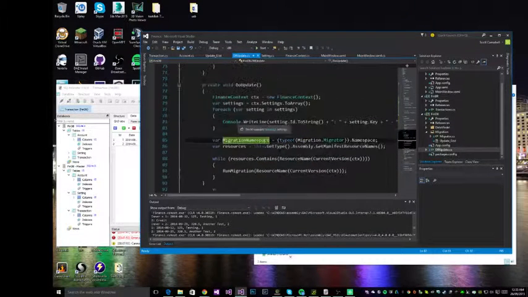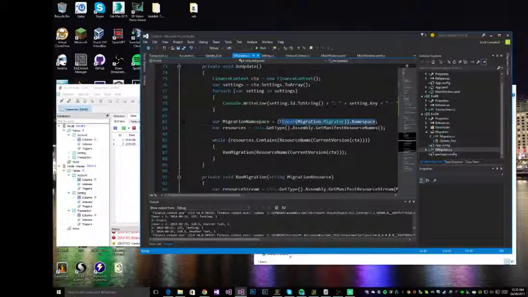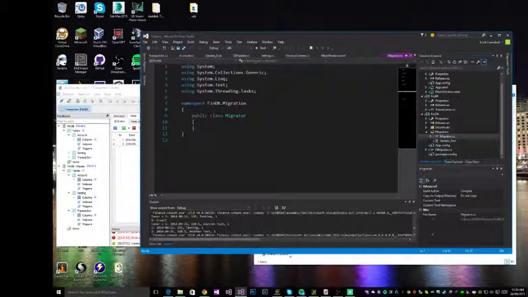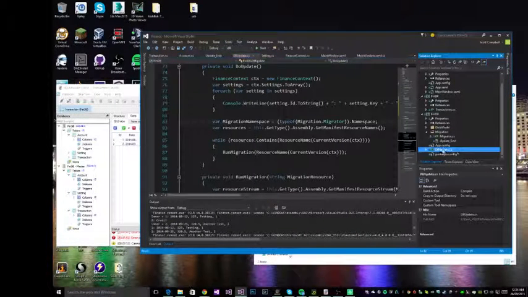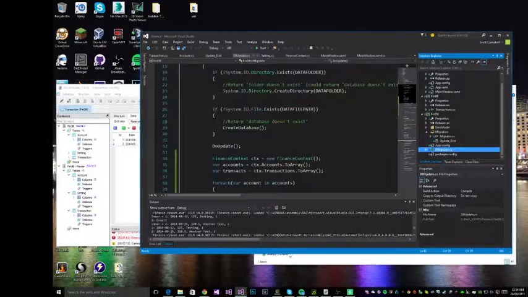Oh yeah, so the migration namespace is just the namespace of the migrator. So that'll get this namespace here, because that needs to be attached to the front of the name there. That's the only reason I'm using that, but eventually maybe I'll put something in there, and then it'll just have a migrator CS inside migration, and then update 0123. Like I could put the DB update migration stuff inside there and get rid of DB update,